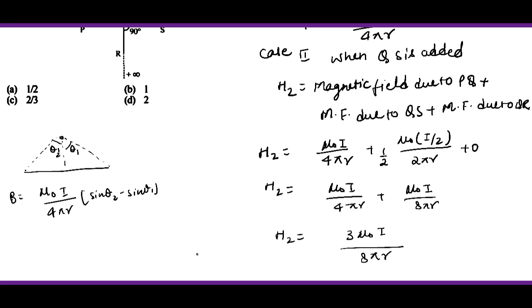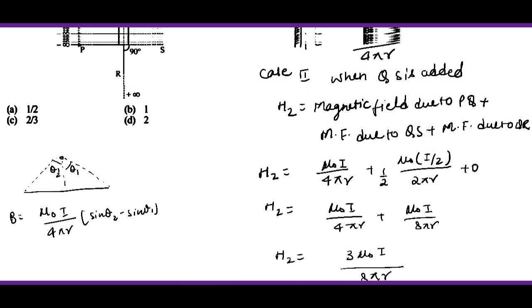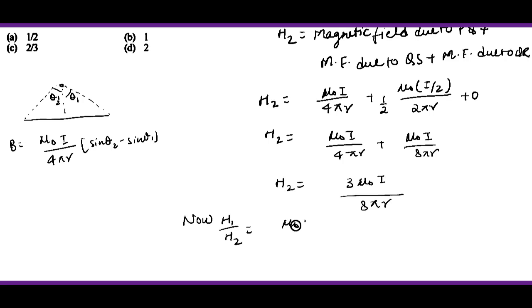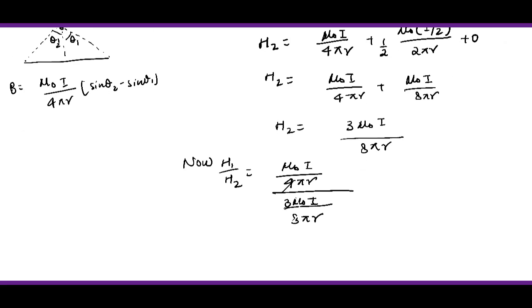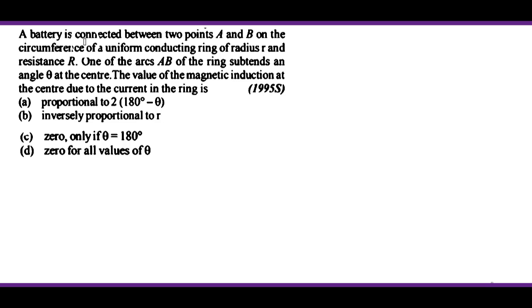तो अब हमें फाइनली पूछा है H1 अपॉन H2। तो यहाँ पे हम लिख सकते हैं नाउ H1 अपॉन H2। H1 हमारे पास आया है म्यू नॉट आई अपॉन 4πr अपॉन 3 म्यू नॉट आई अपॉन 8πr। तो 4 से 8 कैंसिल हो जाएगा 2 टाइम्स में, ओवरऑल ये वैल्यू 2/3 आ जाएगी। तो अगर हम अपने ऑप्शंस में देखें तो सी ऑप्शन मैच कर रहा है। ओके, सो सी ऑप्शन इज राइट ऑप्शन।